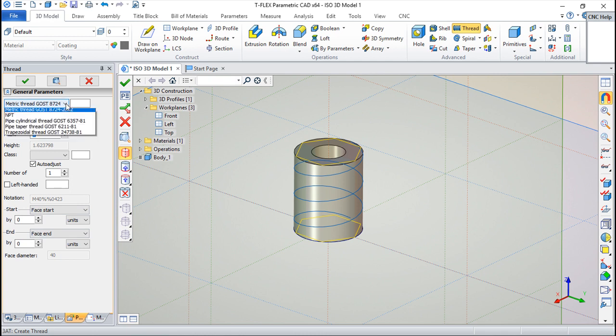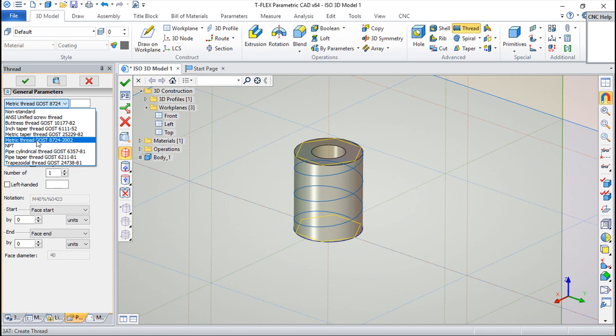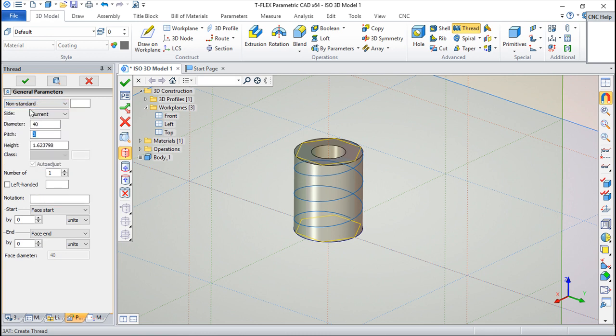Then we can choose the regulation or the standard. So I will choose non-standard, because we have a lot of GOST rules. It's not what we want. So non-standard. Side current, okay, I can say inner, outer, or current. If I say inner or outer,